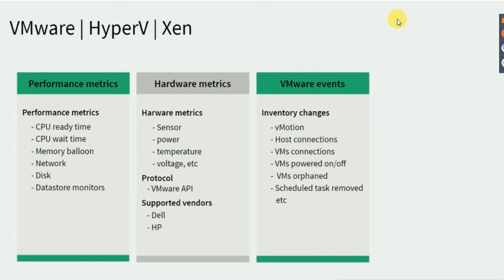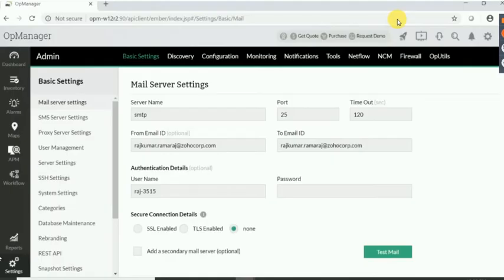So sometimes a vMotion happens, and the guest VM will move from one host to another, or there is a disconnection in the host, or the VM's connection or powered on, powered off status. You can also get notified about the VMs that are off and when a schedule is removed from the respective guest VMs. So let me quickly show you